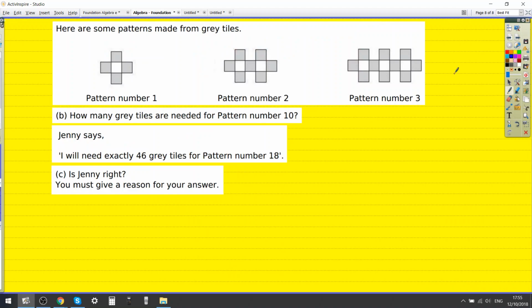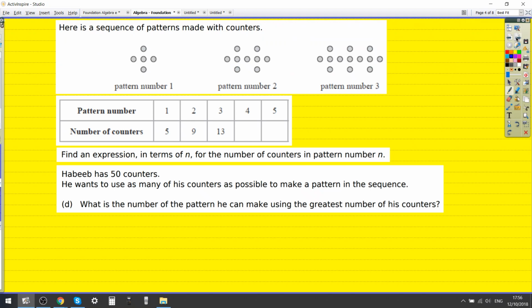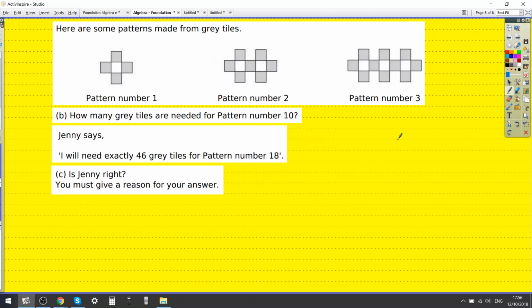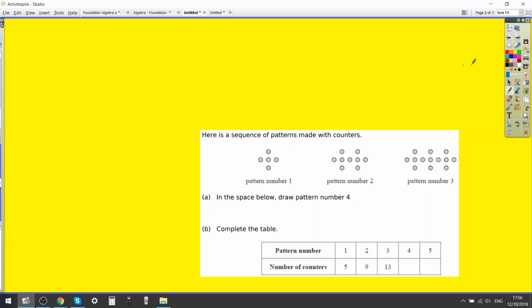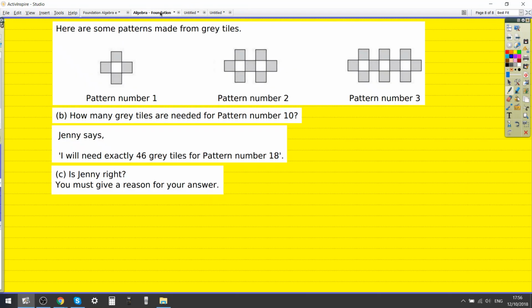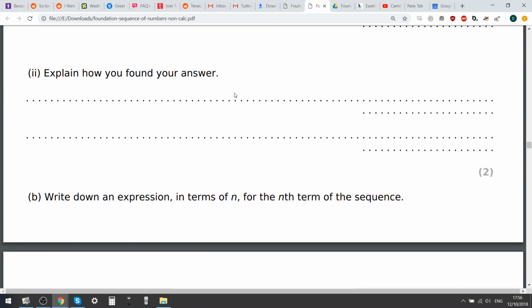So that's a recap for the other ones. This one. I'll leave that one. I'll leave that one. And that one I'll leave. And there's just one more type. I'm sure you'll be fine with it, but